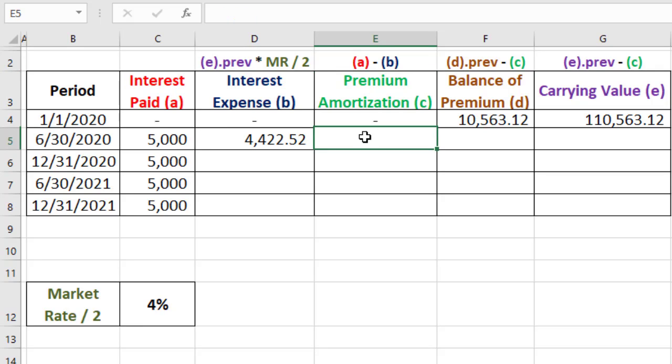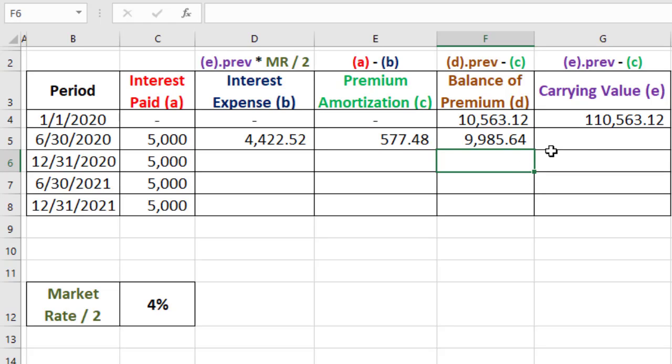So next, for the premium amortization, we need to take the value in column A and subtract the value from column B. So that's exactly what we'll do. We'll take the interest paid, which is column A, and subtract the interest expense, which is column B. Now just note, if you were doing a discount, this would be flipped around, so you'd have to take column B and then subtract column A. Next, we can find the balance of the premium by taking D previous, meaning just the previous value in this same column, which is this $10,563.12, and subtract column C, which is the premium amortization. And that's going to give us